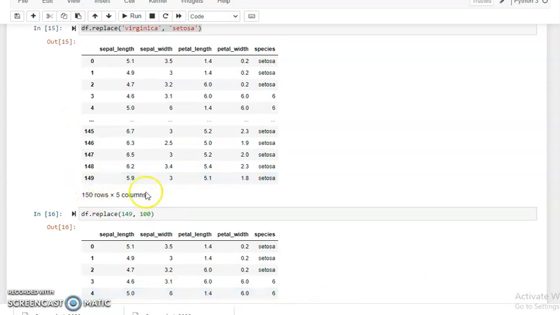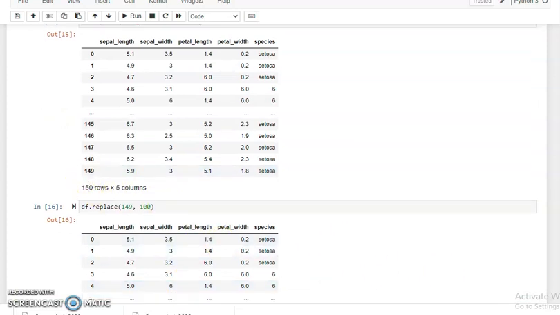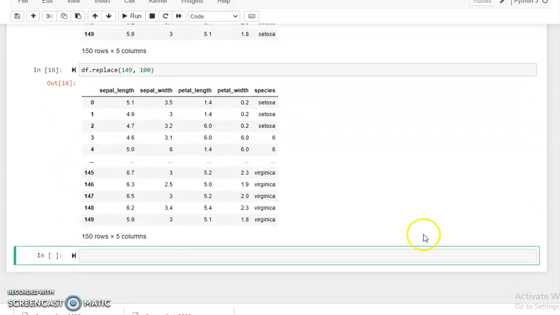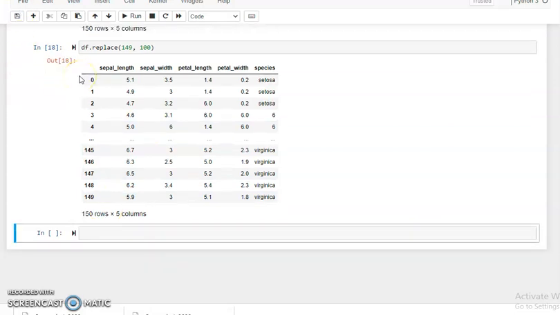As you can see, here is 149, and after running you can see the last value is not changed because it's the index value. We can change the values which are in the data frame.